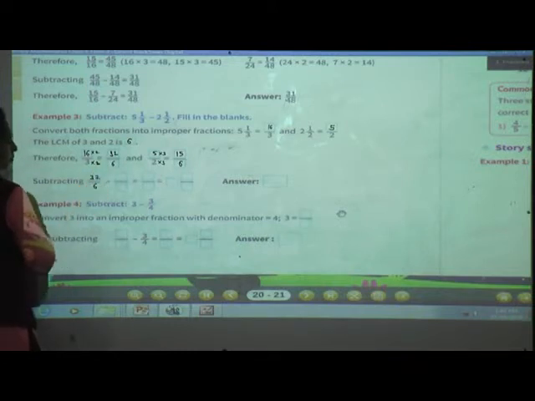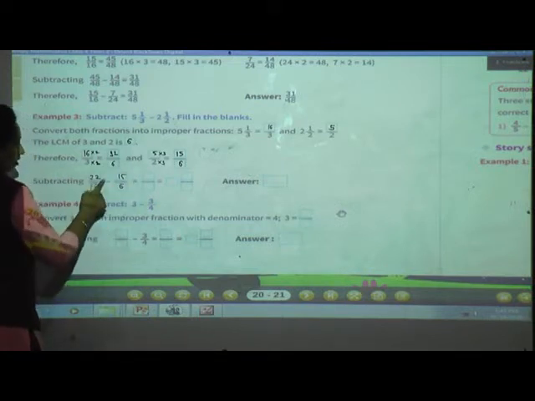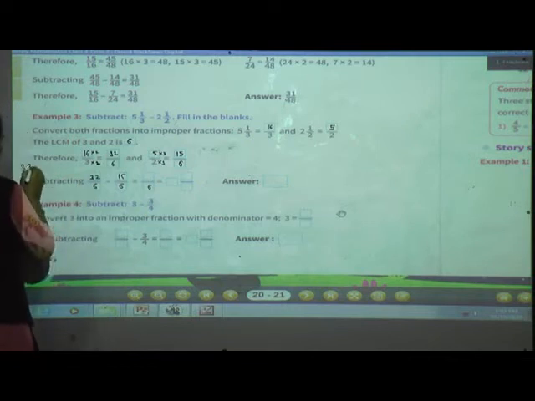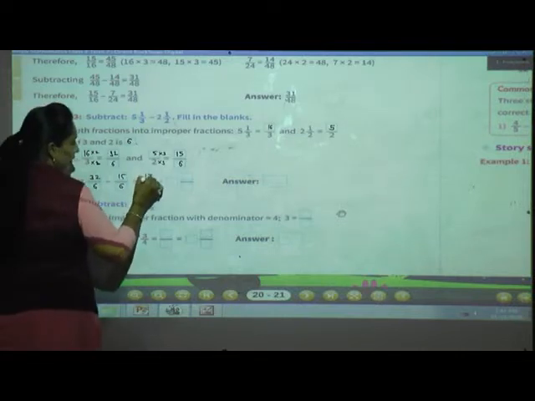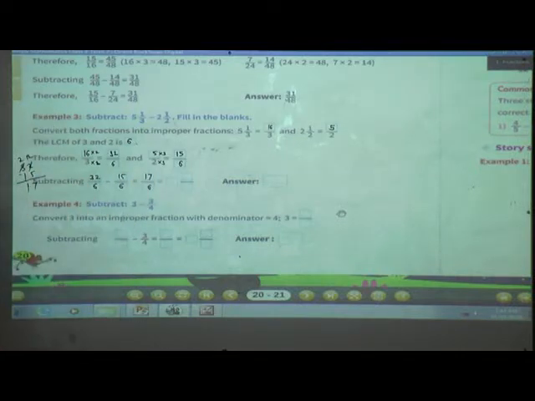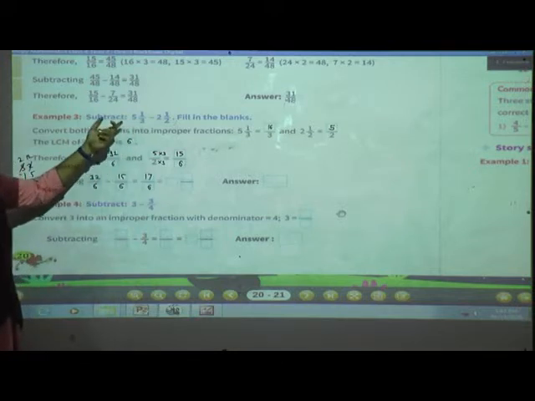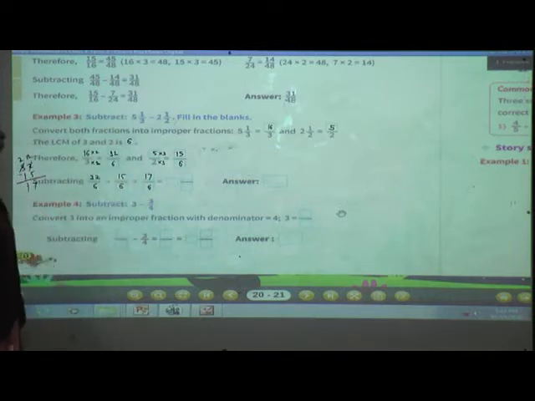32 divided by 6, 15 divided by 6. Now see, denominators are same, write only once. So 32 minus 15, students, 12 minus 5, tell me, 7, so 1, 17 minus 60. As I told you while doing the additions also, whenever they give the question in mixed fractions, you have to convert the answer also into mixed fractions.